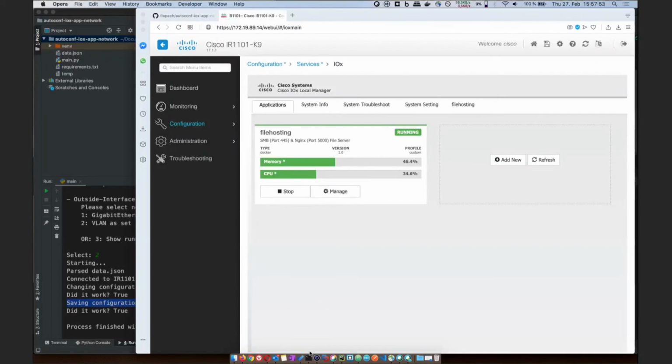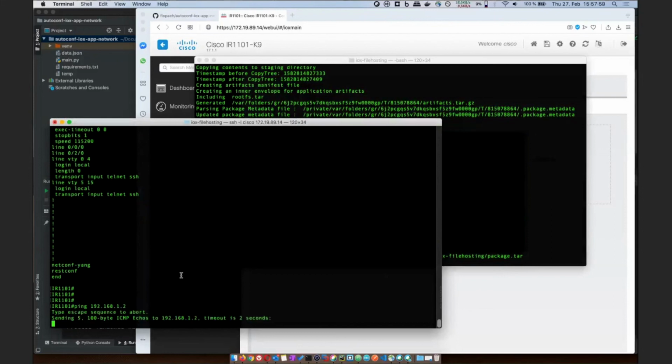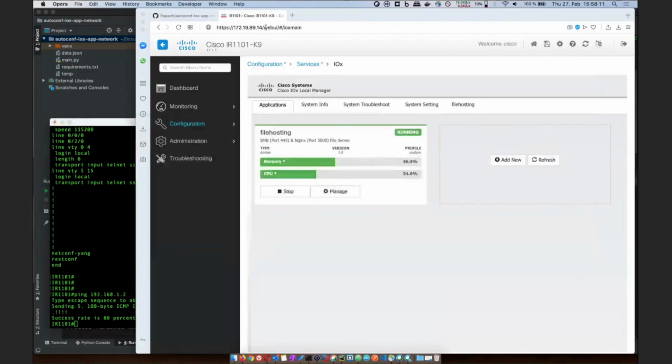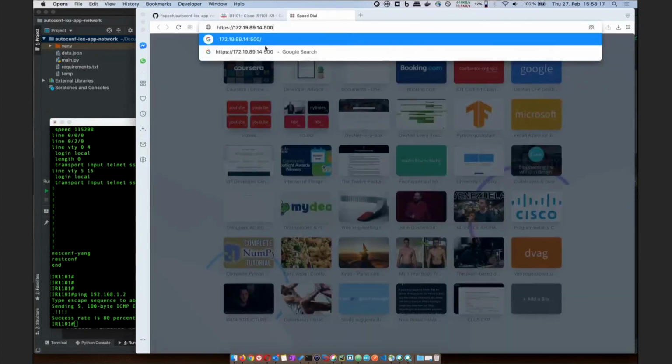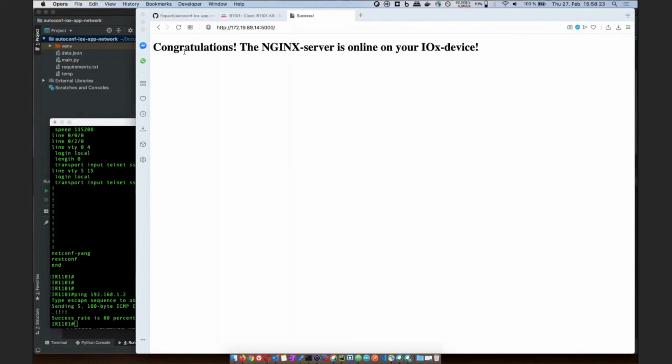Let's also check it here with the ping, because I had some troubles there, to see if we can reach it. Yes, it's also good. So we can actually reach the container there. When we enter the IP address of the router, we say 5000 and we click it. And yeah, invalid response because it's HTTP, and we are going to the Nginx server